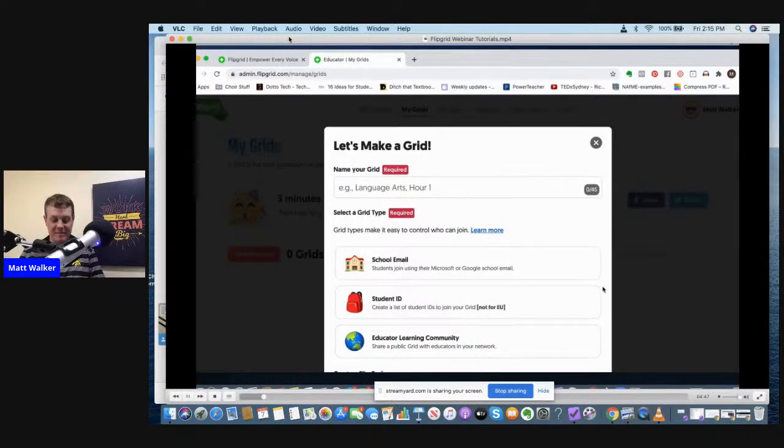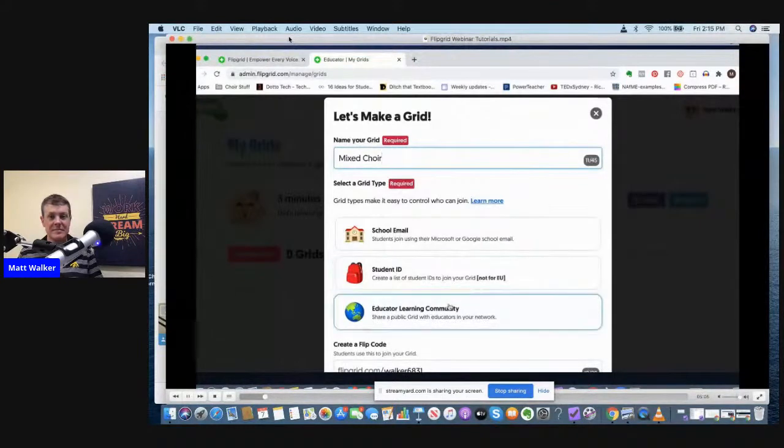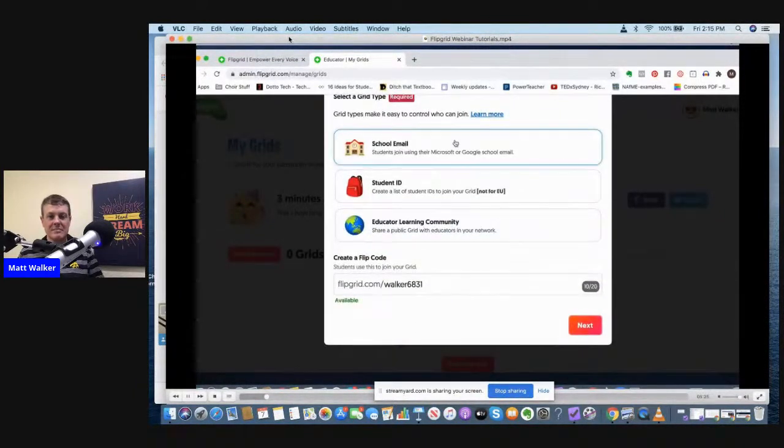Now, your grid is basically your class. So for us in choral music, it's your choir, right? I've got a mixed choir, so I'm going to make one mixed choir. Now, you've got three different types. The third, you're probably not going to use very much. The third is an educator learning community. If you've got teachers in your school that you're collaborating with, that might be a reason why you would do that. But normally, you're going to do one of these first two options,